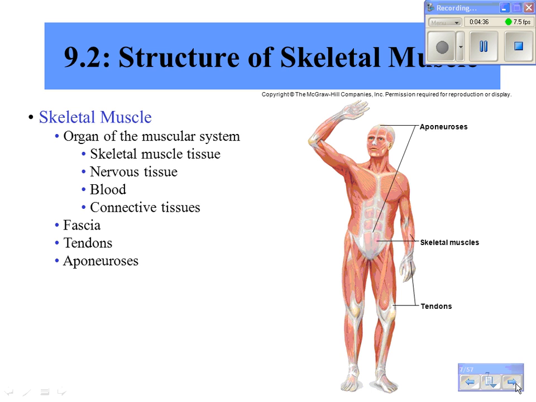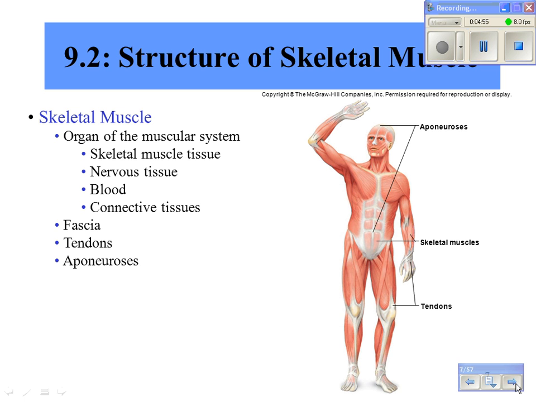So, organization of our skeletal muscle. All of our muscles contain muscle tissue, and we're going to focus mainly on skeletal muscle tissue. So we have to be innervated, so we have nerve tissue. We have blood, which is a type of connective tissue, and then we have other types of connective tissue from